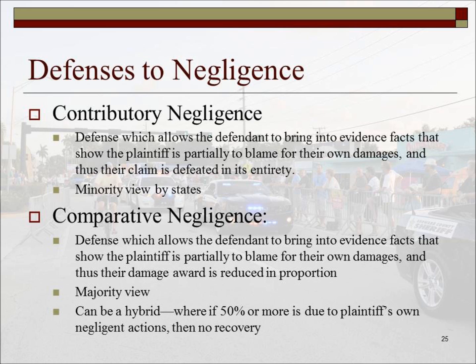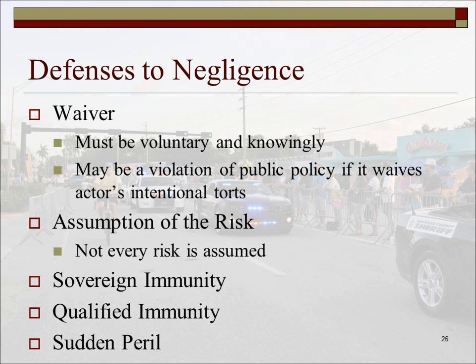So there's contributory negligence, which basically bars the action if the plaintiff is 1% or more to blame, and comparative negligence, which reduces the plaintiff's recovery in proportion to their blame. Other defenses to negligence are waivers, but all waivers, first of all, must be in writing generally, and they must be voluntary and knowingly. The person signing the waiver must be informed of or know of the risks, and they voluntarily sign the waiver. Often this is the case with police ride-alongs